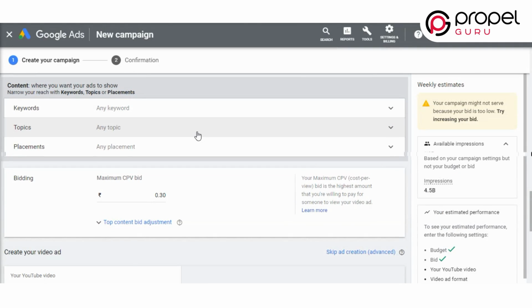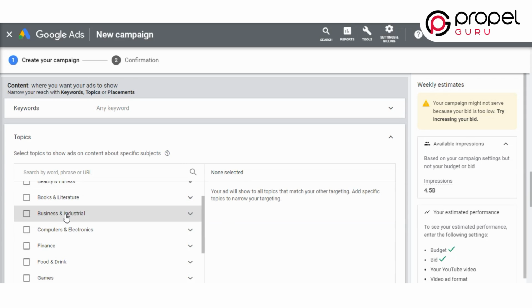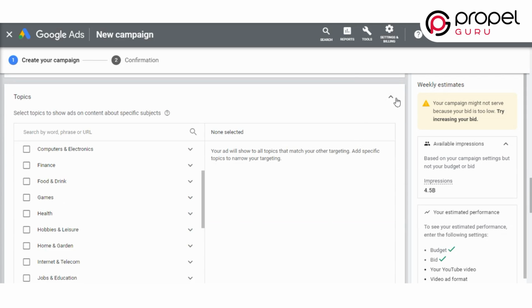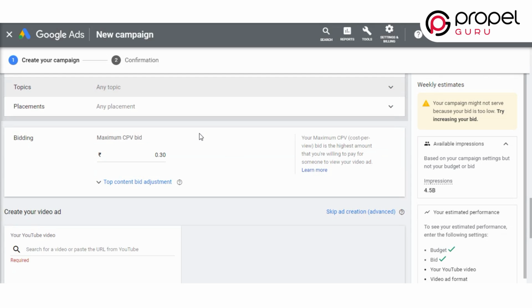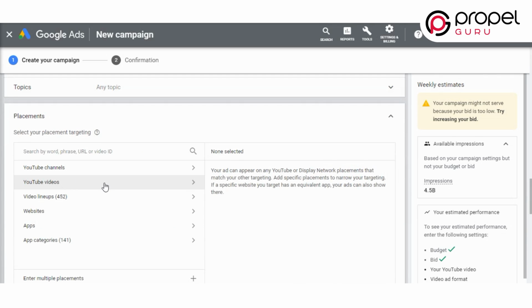You can also select the topic of the ad campaign like art and entertainment, automobile, beauty, and there are many more. Choose the right one according to your video. Also, one more interesting thing, you can also narrow down your audience by setting the placement of your YouTube ad campaign. For instance, you can select where you want to actually display your ads, like showcasing it on a particular YouTube channel or video. Thus, this way you are customizing it to a particular segment only.